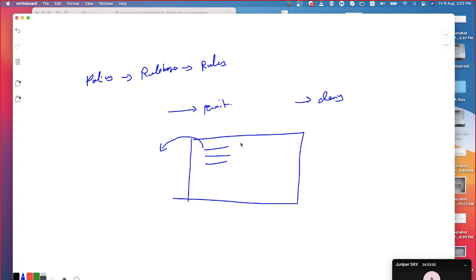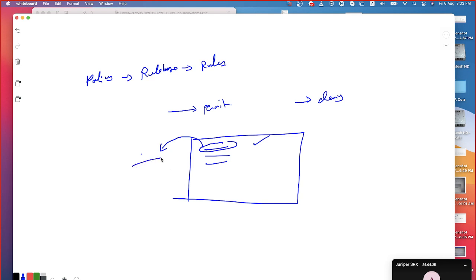No, you complete your question so that I'll be able to clarify that. Okay, you have 20 rules. The first rule itself is matching. The rest of the 19 rules are matching different traffic, correct? Why should they be executed? See, if the received packet matches against the first rule itself, then whatever action is associated will be applied immediately. The rest of the rules are not going to be matched at all for that packet.